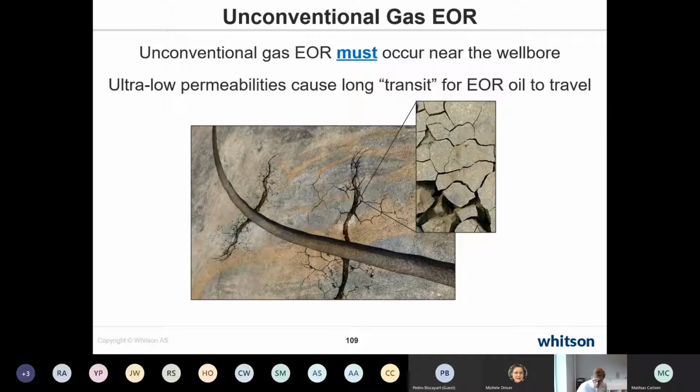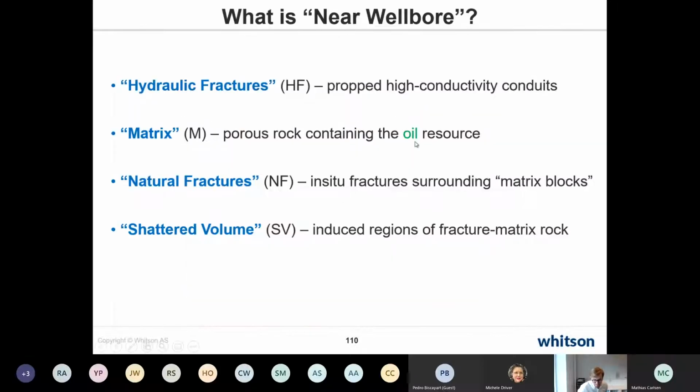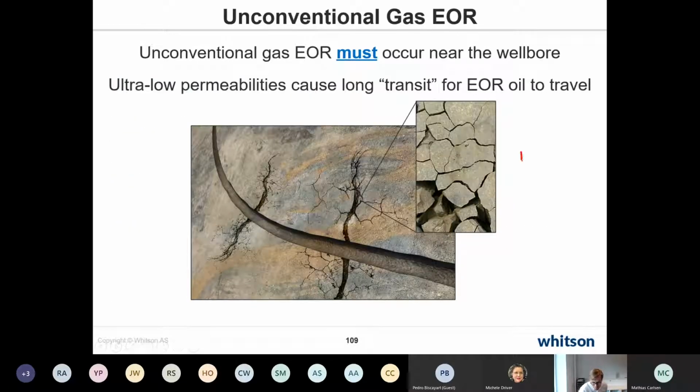And to do that, there's a couple of papers. The method is called the so-called ECM method, which stands for equilibrium contact mixing, and the go-to paper from 1994 is by Fevang and Whitson. This is for conventional reservoirs,